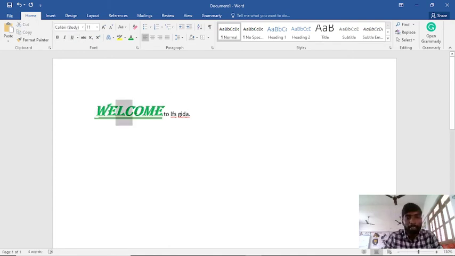Now the thing is, the format I made, I want to copy and apply to GIDA. So just select the word. Here the format painter is there. Click the format painter. Now select the particular word.